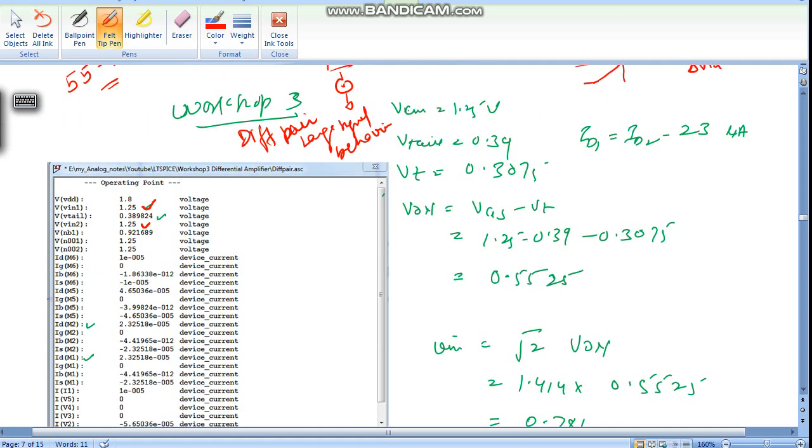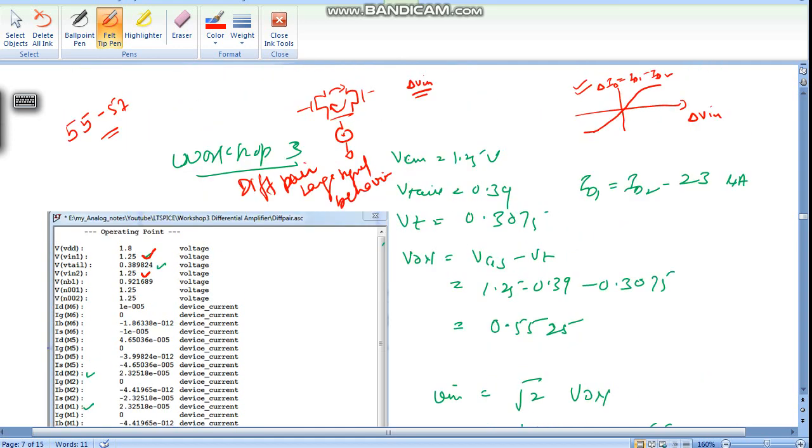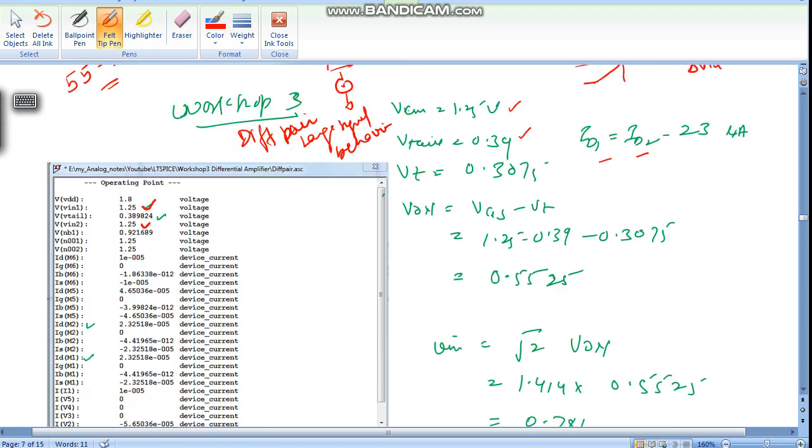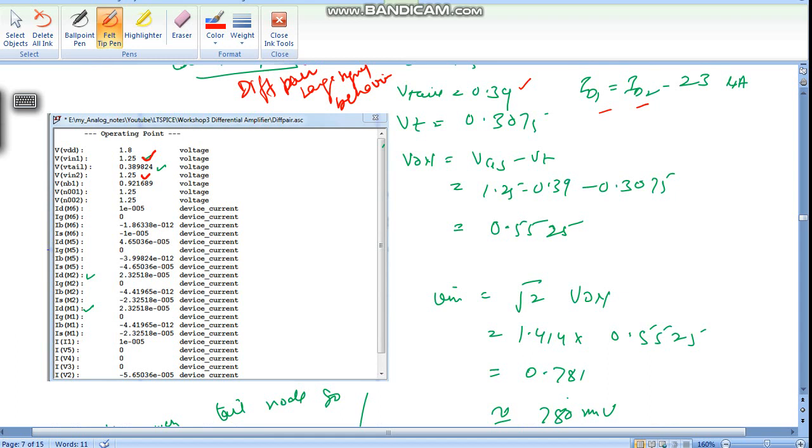Okay, so let's start our calculation. VCM is 1.25, Vtail is 0.39, ID1 equals ID2. Let's see how much ID1 and ID2 are here. This is basically 23.2